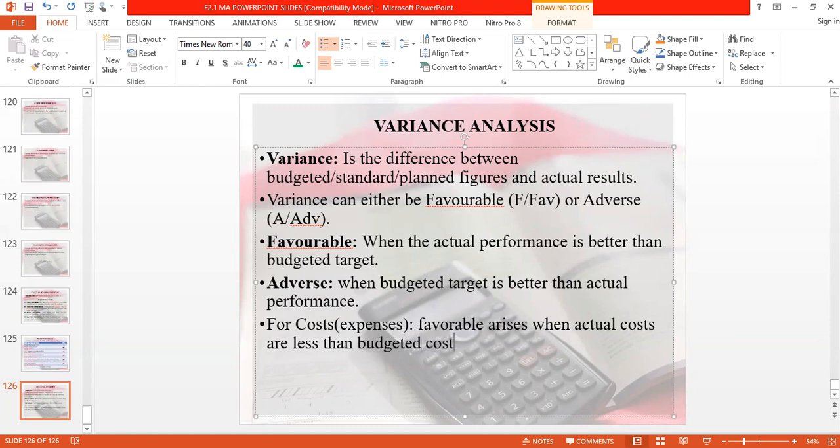Budgeted what? Costs. For costs, favorable arises when actual costs are less than budgeted costs, while adverse